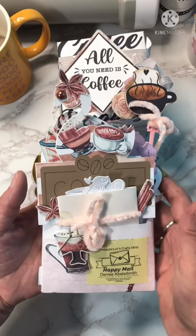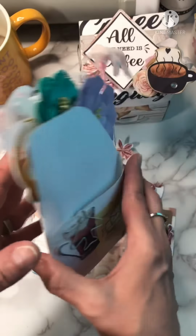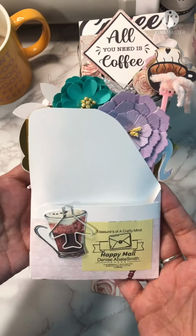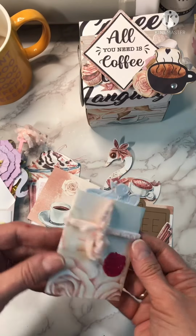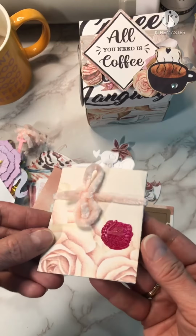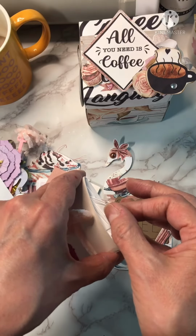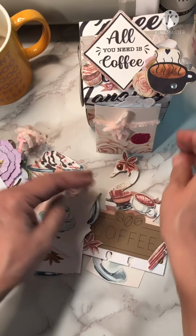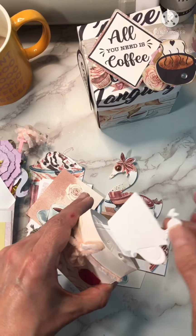And then I have all of this going on here and I will open this up and show you everything. Okay, this was a leftover piece after fussy cutting some of the goodies out of it. And then I, you know, like a one-page wonder did. So in this pocket, I have another little envelope here that I have wax stamped and put some more die cuts in here. Okay. And I want her to see all of them. I don't want to show everything, but there are 3 different style of little teacup or coffee cup die cuts and